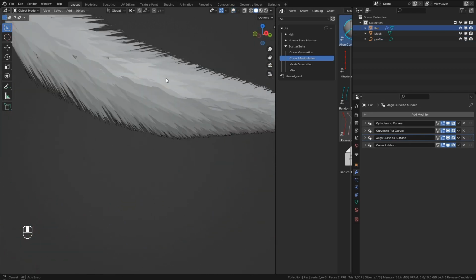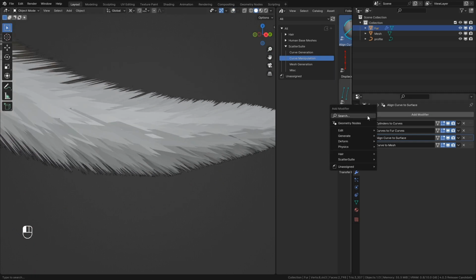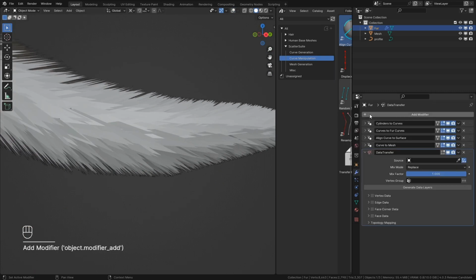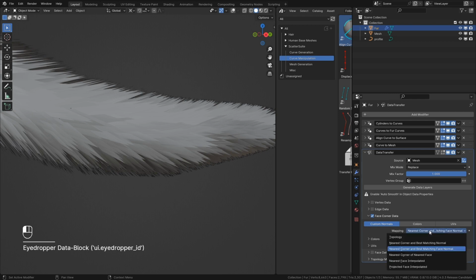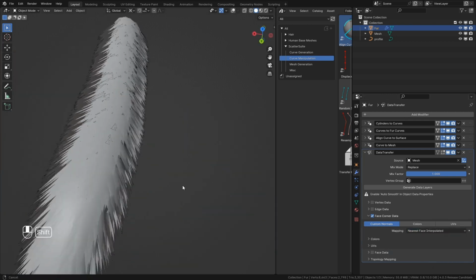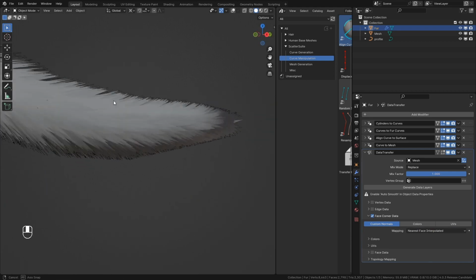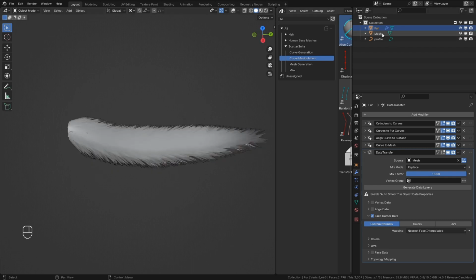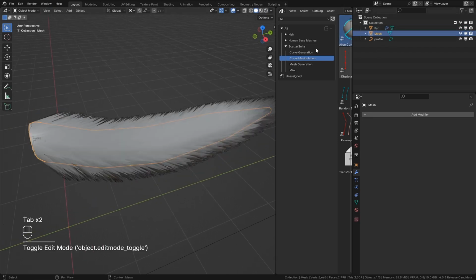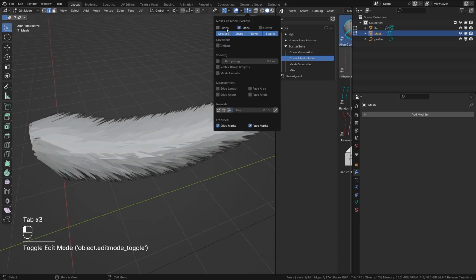In order to make it blend more, we can even use Blender's built-in data transfer modifier. After our curve to mesh modifier, select our mesh object. Under face corner data, we can select custom normals and nearest face interpolated so that the triangles blend into each other. At this point, you can even call it done if you'd like, but